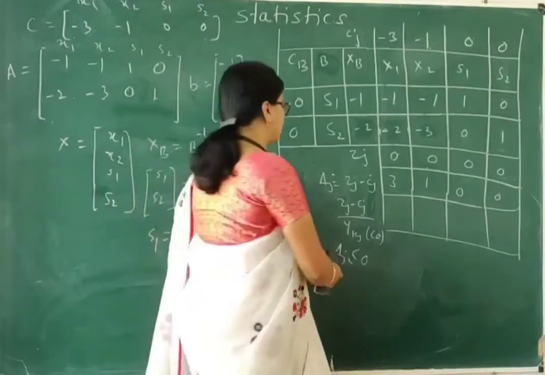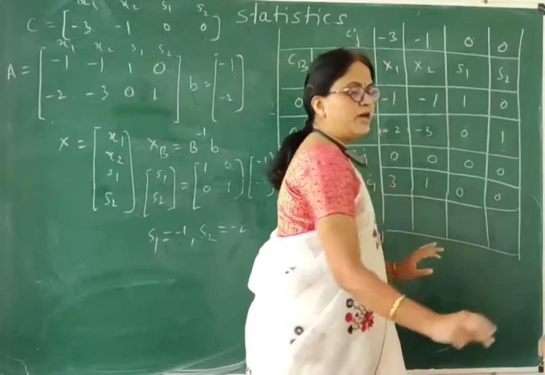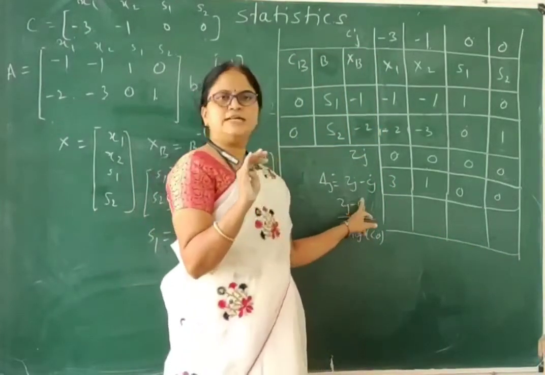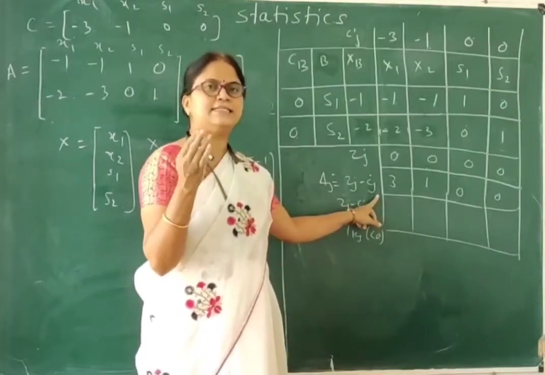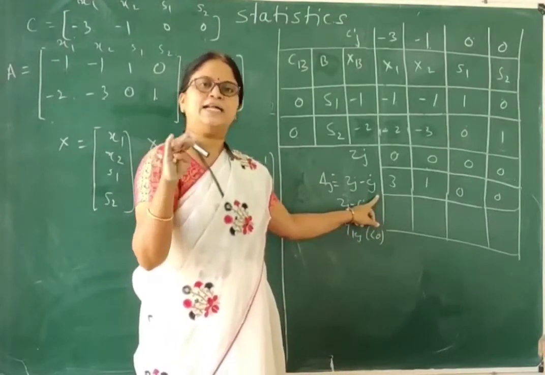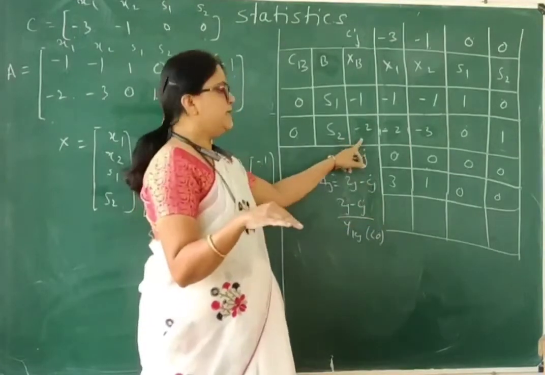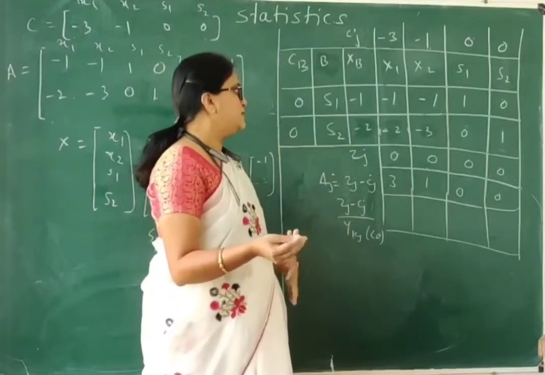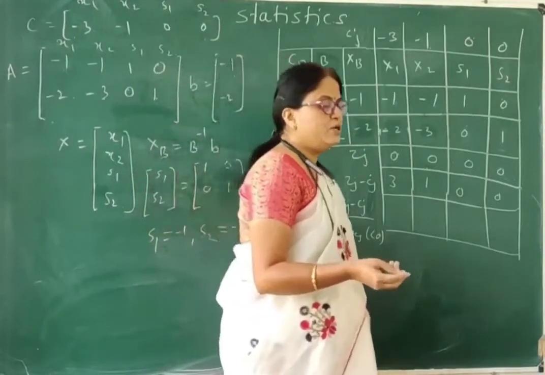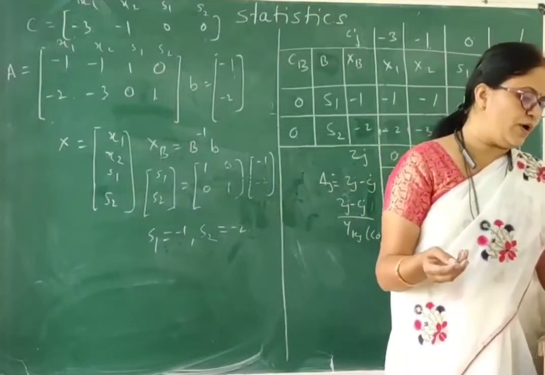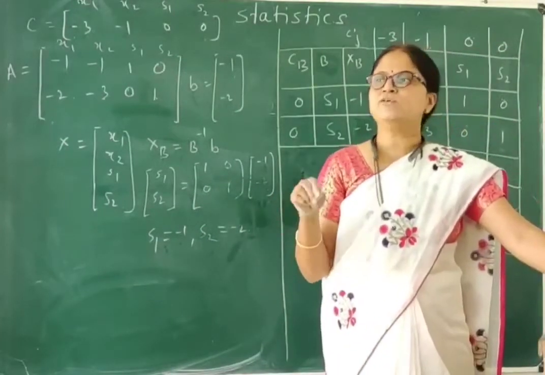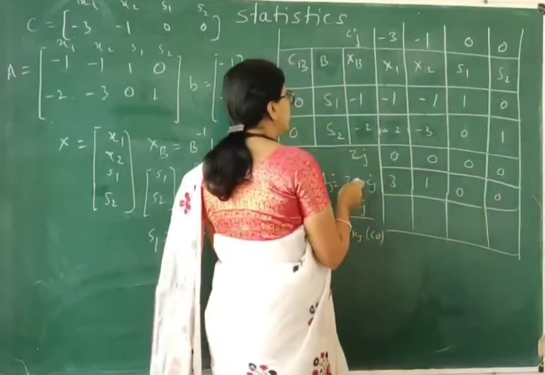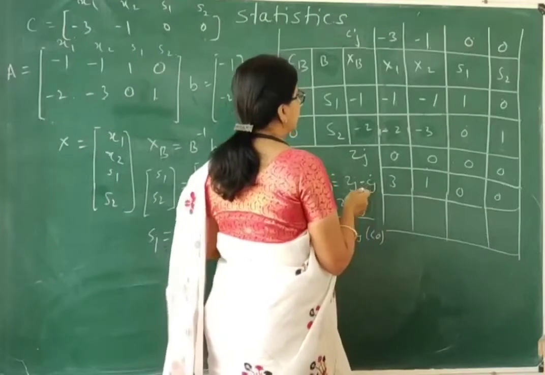That is, we have three cases over here. For this problem, we have the second case, that is all the values of delta Z, that is ZZ minus CZ, are greater than or equal to 0, and at least one XPI is less than 0. Then we proceed to the next step. To proceed, we need to find the most negative XPI. Out of these XPIs, we select the most negative.